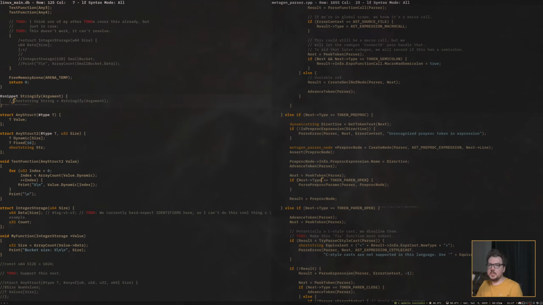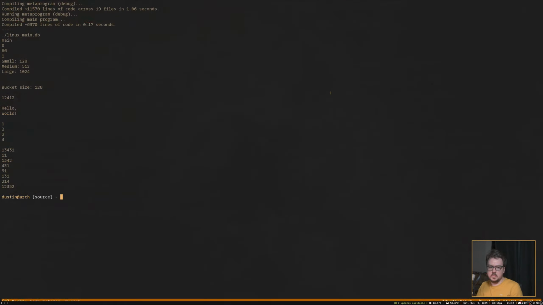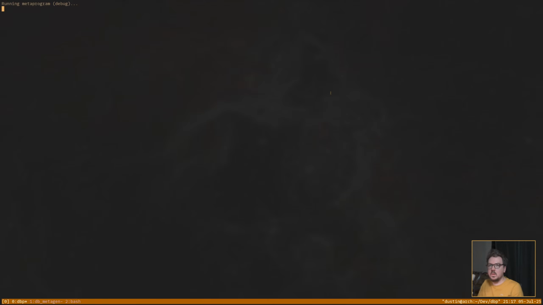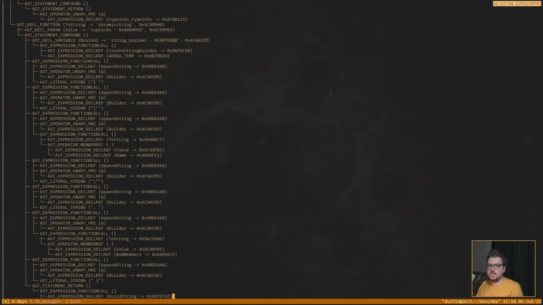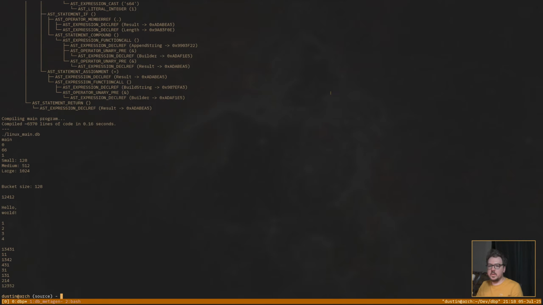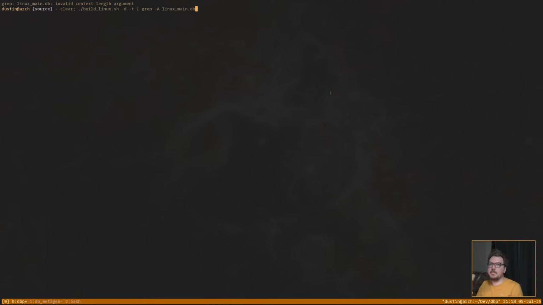So let's do this. Let's print out the tree, and actually let's print out the tree just for main, Linux main.db. Oops.